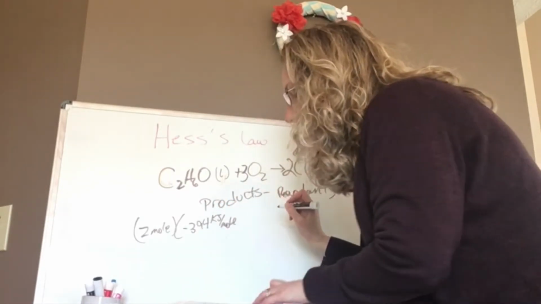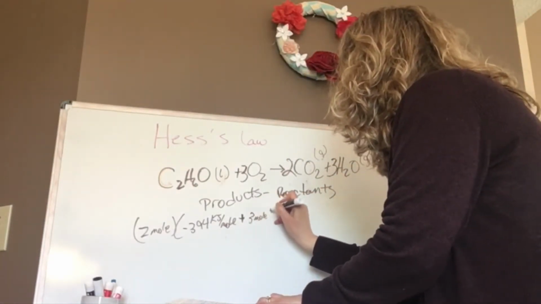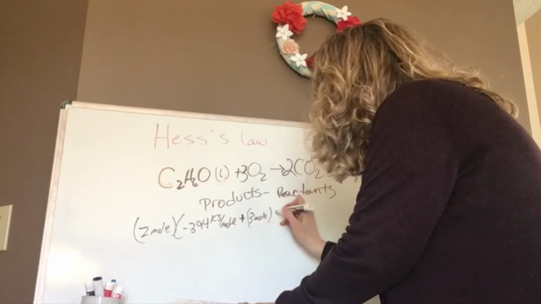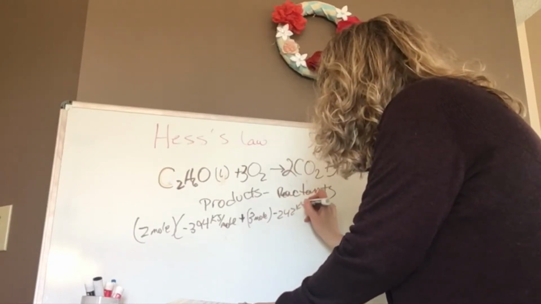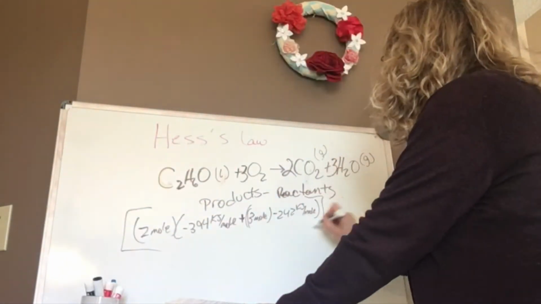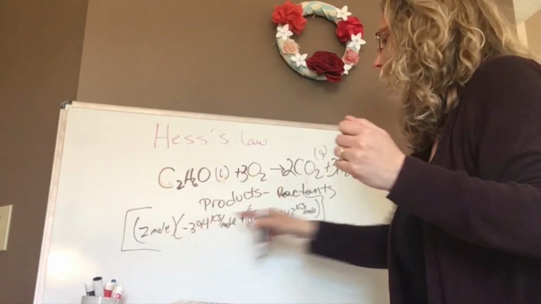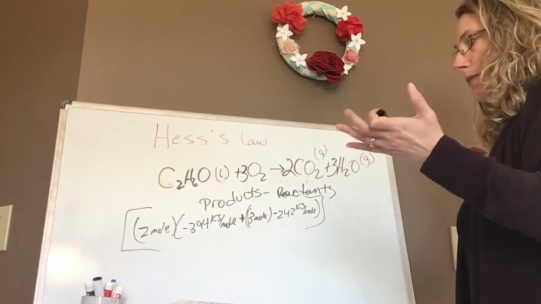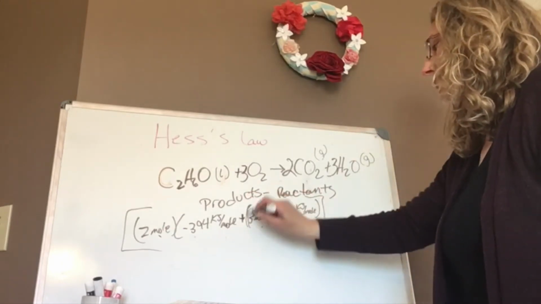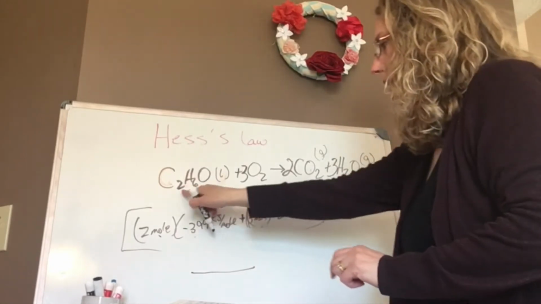plus 3 moles of water, and water is going to be a gas, so it's negative 242 kilojoules per mole. And this is all together. So again, if you write out your problem and I can see your numbers, probably the math here is just going to be an order of operations problem. You need to do 2 times this plus 3 times this, use parentheses. Maybe put your answer here. And then subtract the